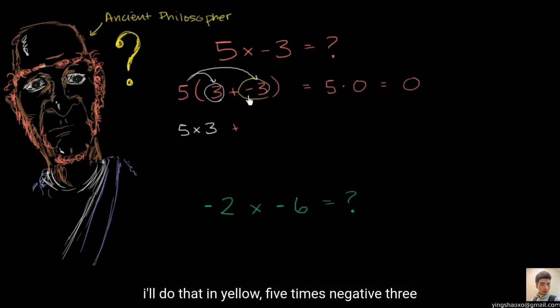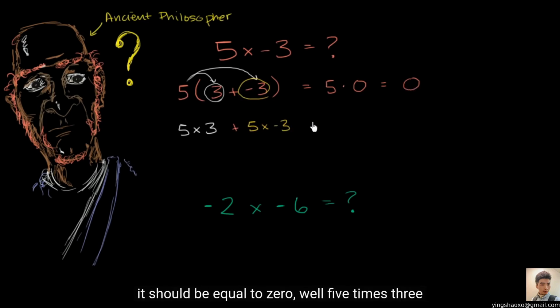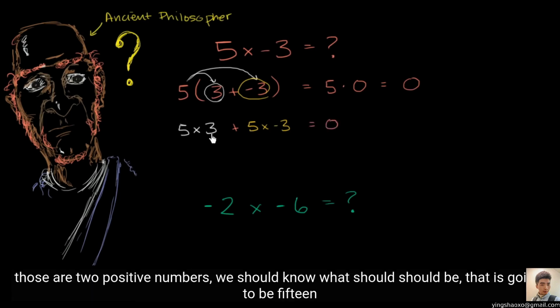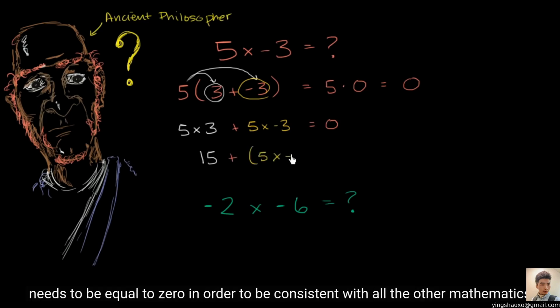And I'll do that in yellow. 5 times negative 3. And this whole thing we just said should be equal to 0. Well, 5 times 3, those are two positive numbers. We know what that should be. That is going to be 15. So now we get 15 plus whatever 5 times negative 3 is